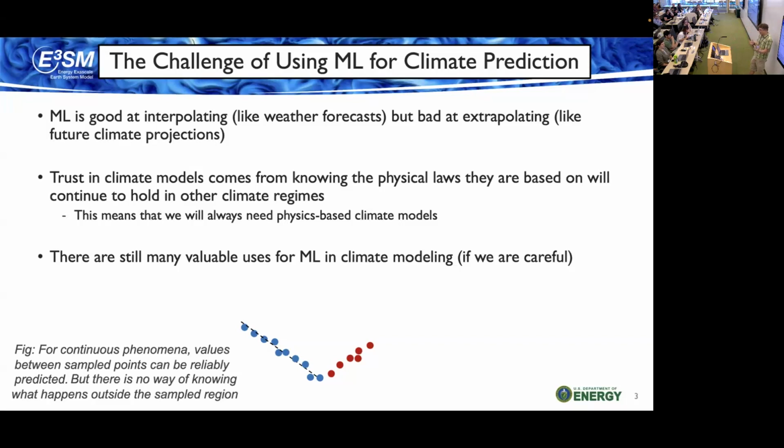But for a climate model, the thing that matters is that it's based on physical laws that we trust, and in particular that we've thought carefully enough about to know that those laws are going to hold in the future, right? So I'm talking about things like the Navier-Stokes equations, the Clausius-Clapeyron relationship, things like that, that we know how they work. And so you might be thinking at this point, well, so much for this talk, I guess it's over now, but that's not true.